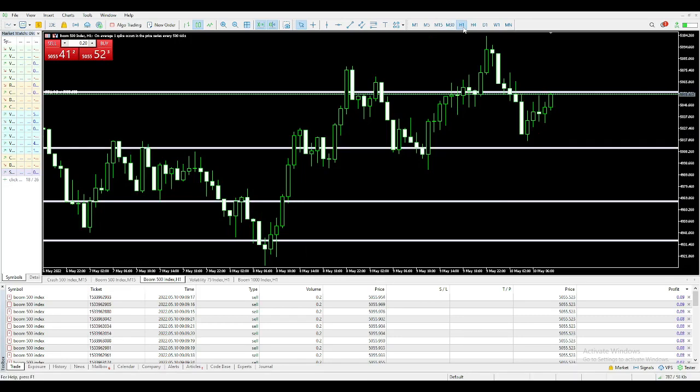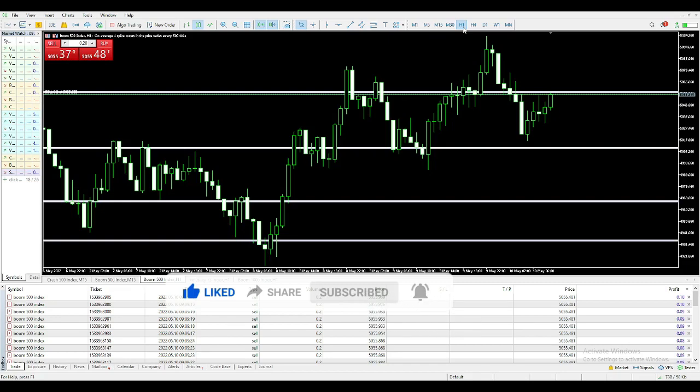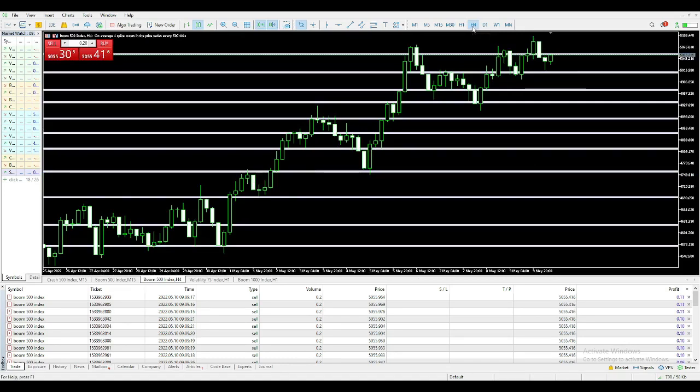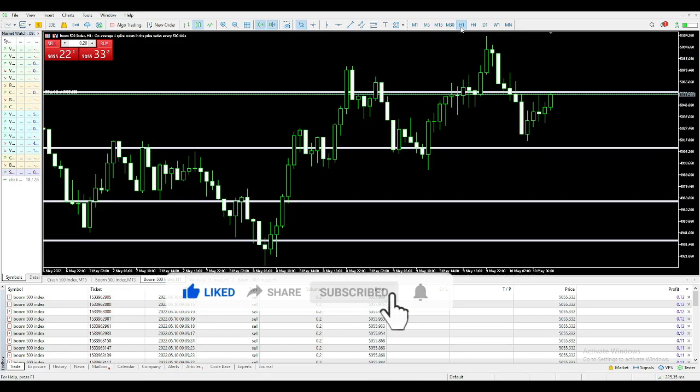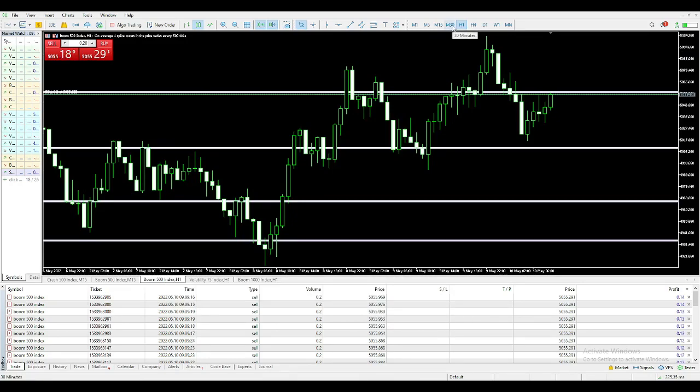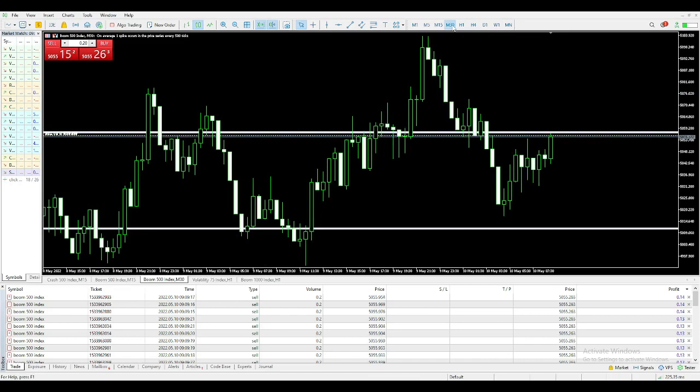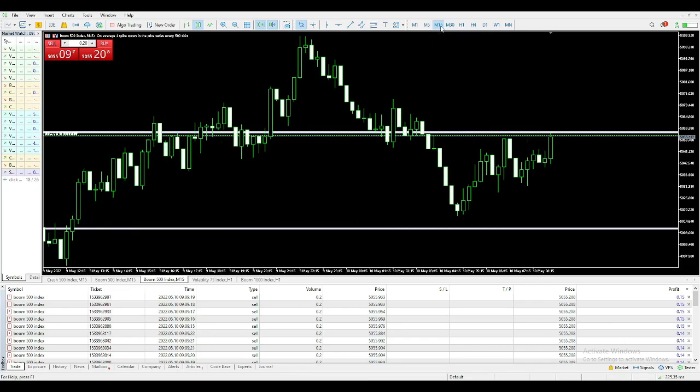You can see on my 1 hour time frame there, we touched that level. If we go to the 4 hour, it's the same deal, just confirming. On the 4 hour, it's the same level. 1 hour, same level. If we go to the 30 minutes, same deal basically, even on the 15-minute time frame. So everything is clear for you why I took this trade, and we'll just see what happens with the trade.